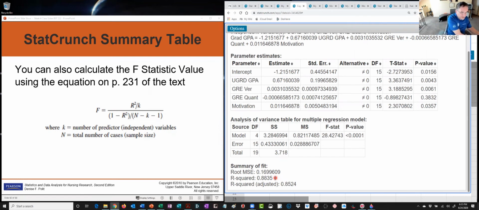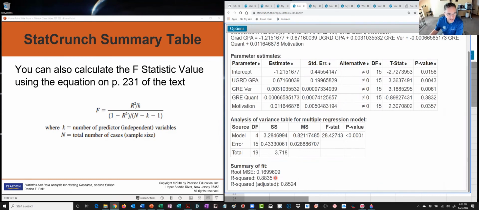And the denominator, and the k is the number of predictive variables, so that's 4. So our r squared is going to be 0.8835 divided by 4. So again, we're just doing the math here on this one. That's in the numerator. The denominator is going to be 1 minus r squared divided by n minus k minus 1. So 1 minus r squared is going to be 1 minus